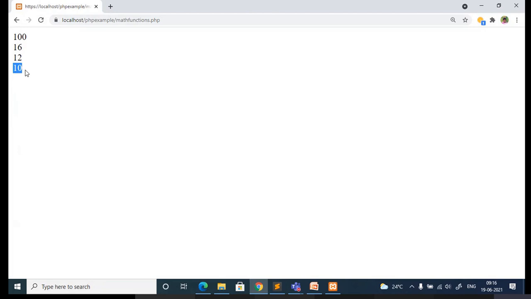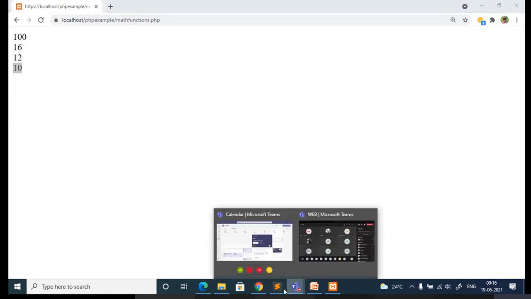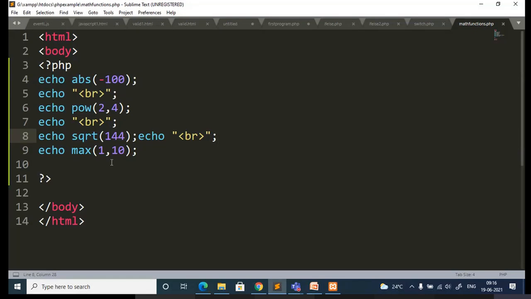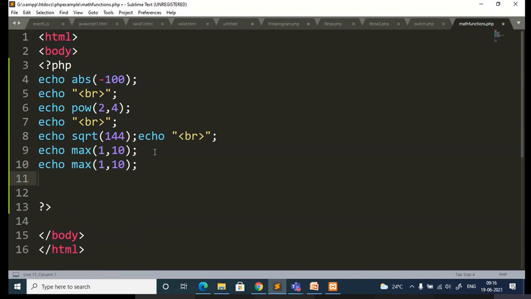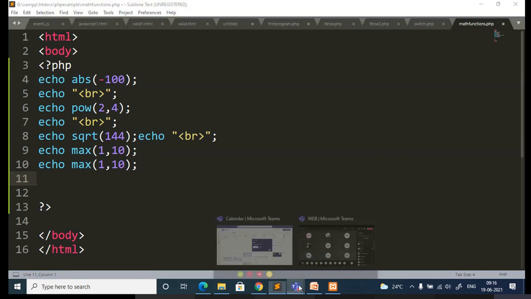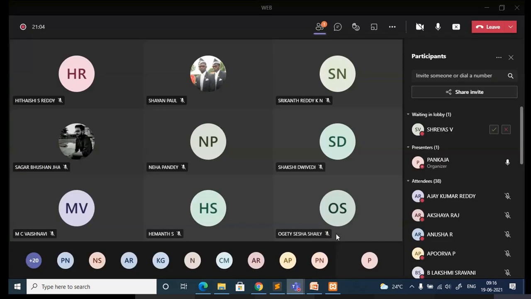Okay, so out of 2 comma 10, the maximum number is 2. Similarly, instead of max, you can go for min, where it will find the minimum. So you should be knowing all these things when you are writing your own program. Wherever it is necessary, you can invoke these functions and perform the required operation.